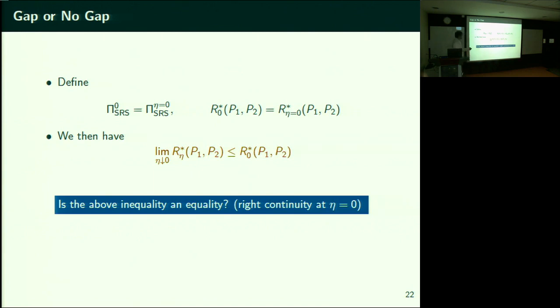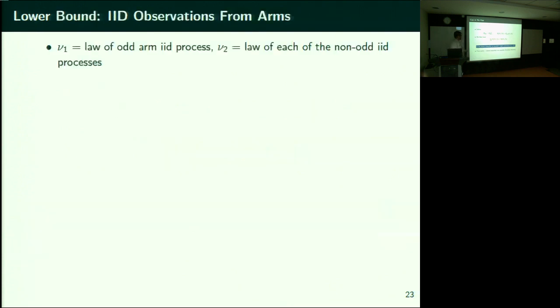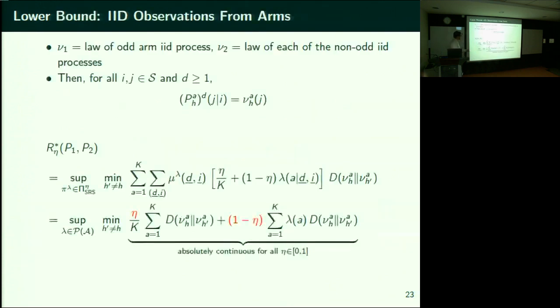So all we are asking is whether this is an equality. If this is an equality, yes. Can we show that? The reason I write right continuity here comes from prior works. In the prior works, we show that the above inequality is actually an equality. Our lower bound is a very general lower bound. When specialized to the settings of prior works, we are able to recover the respective lower bounds in those works. So in those cases, I'll quickly run through them.